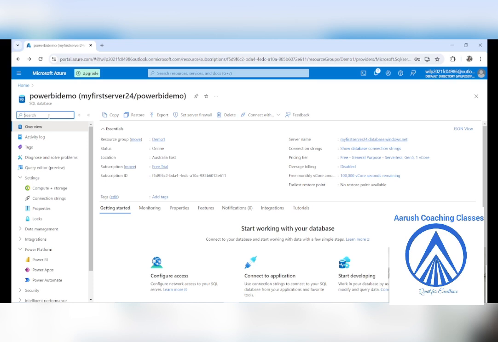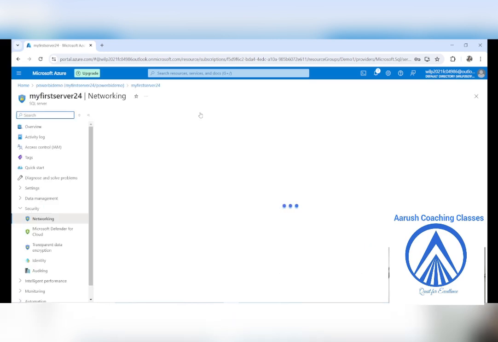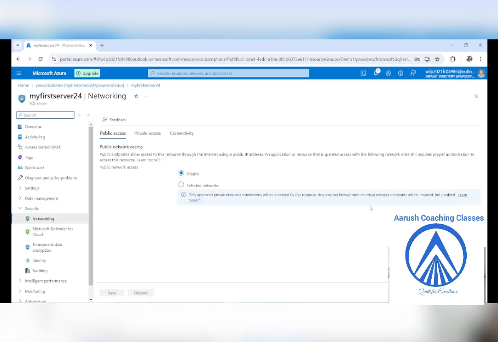Now let me come to SQL database. So we are going to come on this one. Set firewall service, I'm not getting it, why is it?